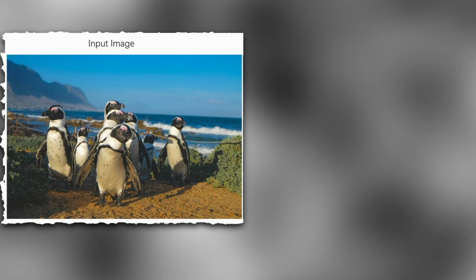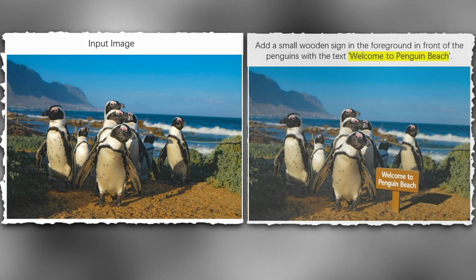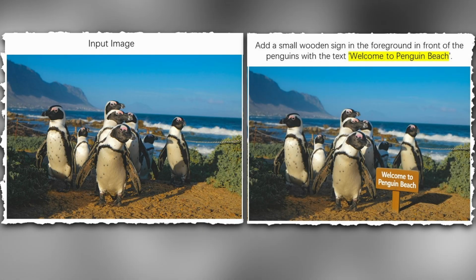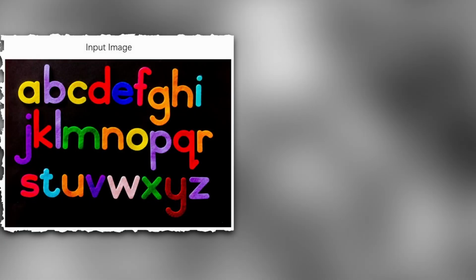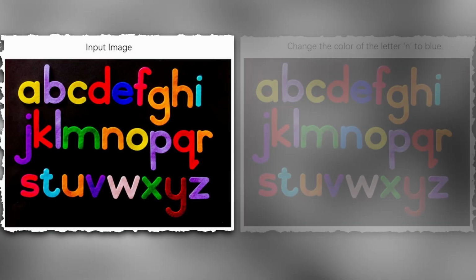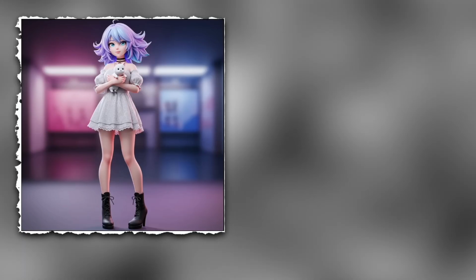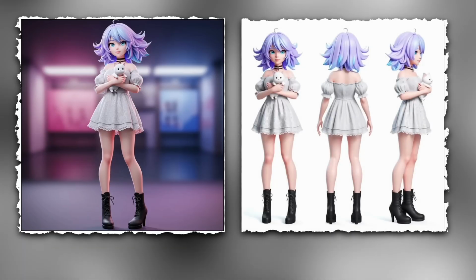Add a sign that says, "Welcome to Penguin Beach," and Qwen Image Edit blends it seamlessly into the scene, even matching the sign's shadow with the existing light. Replace only the letter N with blue in a title, and everything else remains the same. And create a model sheet with front, side, and back views of a character with perfect facial details and proportion